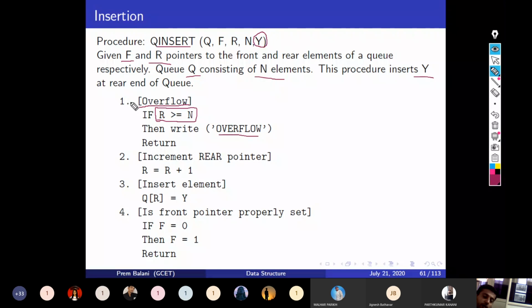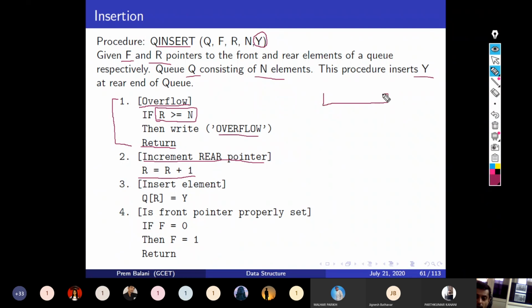If the queue does not overflow, it would not return, and it would increment the rear pointer by 1, r equal to r plus 1. Let's take one example of a queue.